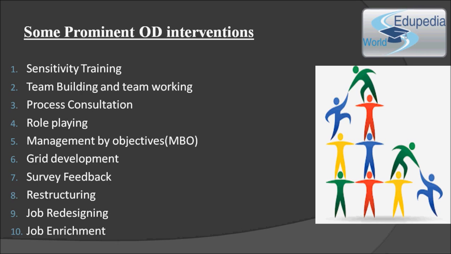Again, we were talking of sensitivity training. Sensitivity training is a kind of T group training. It is a kind of laboratory training in which people are put together to understand their thought processes and the human processes they go through. So this is a training which is away from the job, and in a room we make them interact, and through the interaction the facilitator tells them about their behavior, about their emotions, and makes them sensitive towards their own attitudes, behavior patterns, thought processes and emotional patterns,